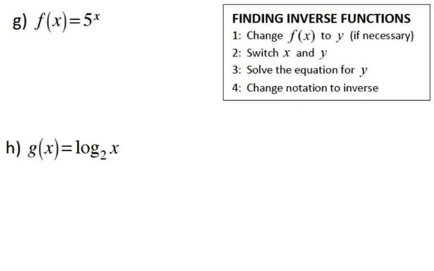For G and H, finding the inverse using exponential functions and logarithms, I'm going to do the same process. So I'm going to change my f of x to a y and switch my x and my y. So now that leaves me with x equals 5 to the y. Now the fastest way to get the inverse for this, because again we're trying to solve for y, the fastest way to do that is to change